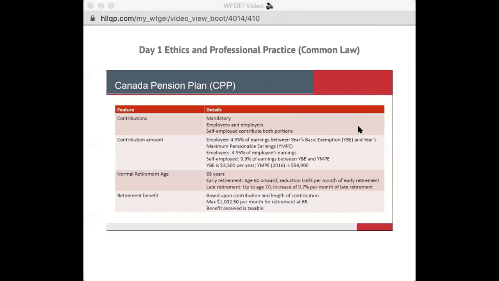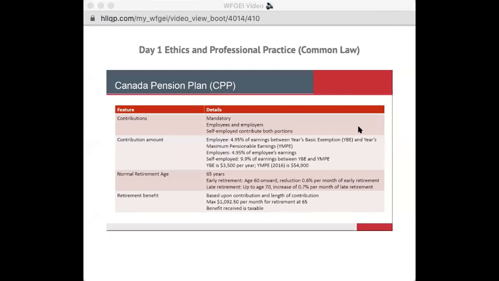Okay. The employer also contributes 4.95% of the same thing. So whatever you see on your paycheck, your employer has contributed the exact same number, because it's basically 9.9% split right down the middle. So as a self-employed person, you will be paying 9.9% of the difference between the YBE and the YMPE. And as I said, the